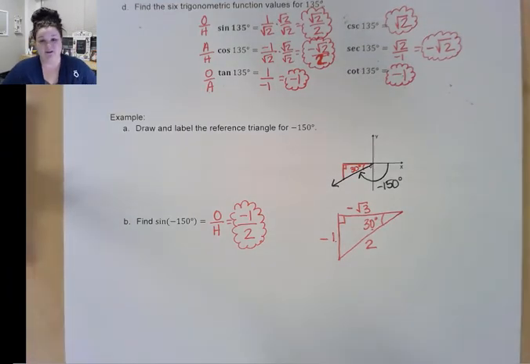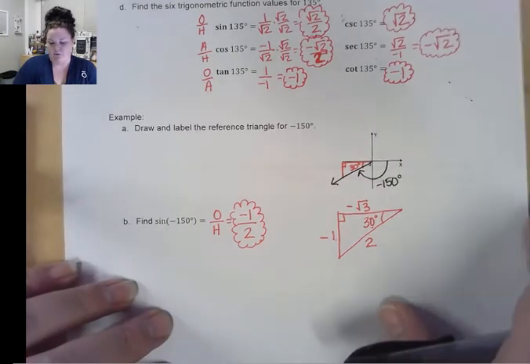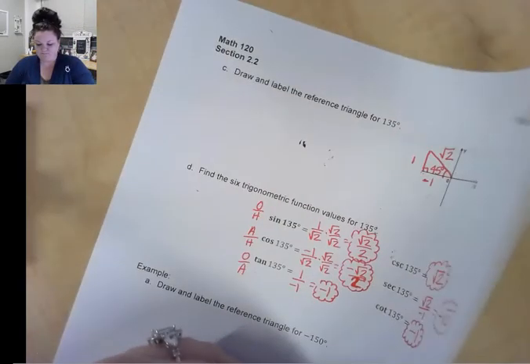Okay, and we didn't have to find all of the trig function values, so that's nice. But we could easily find all trig function values if we needed to. Okay, I'm going to do one more example of this type, and then I'm going to show you a little bit more complicated problem. All right, so